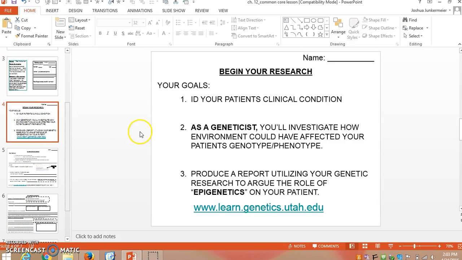Our main goals today, and the project of course will last a couple days, but this project overall, you're going to identify your patient's clinical condition based on your best understanding from research. You're going to act as not only a doctor, but really explore genetic concepts. And you're going to investigate how your patient's environment could have affected their issues in life. And finally, as I've said already, you're going to produce a report that's really utilizing your research to argue the role of epigenetics